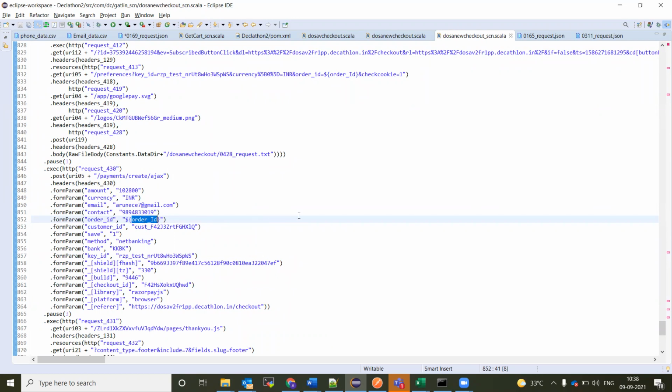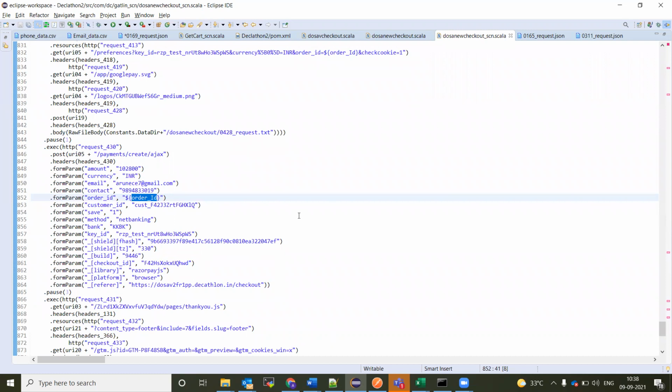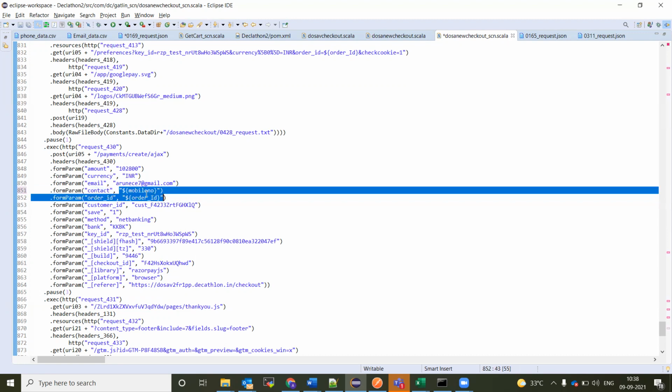Okay. Will this apply for all the form params or only whichever is dynamic? Even for form param, query param, you can directly go and change the things. You can directly go and change the value around. So if you want to change the mobile number here, you just remove it, dollar, and whatever mobile number I have given in the CSV file, you can directly add the mobile number. So either you can take it from the CSV or from the previous response, you can take, and replacing is same for both the things. You can just make these changes.